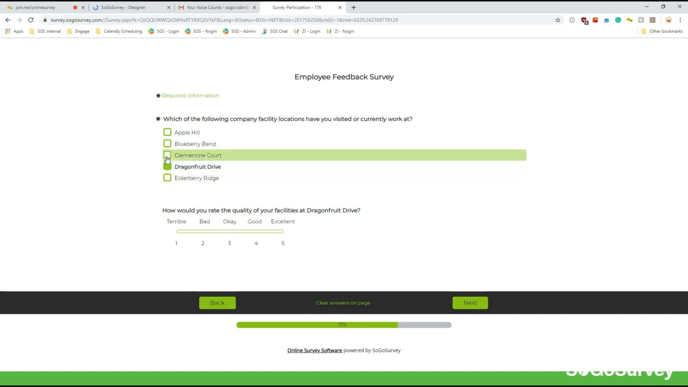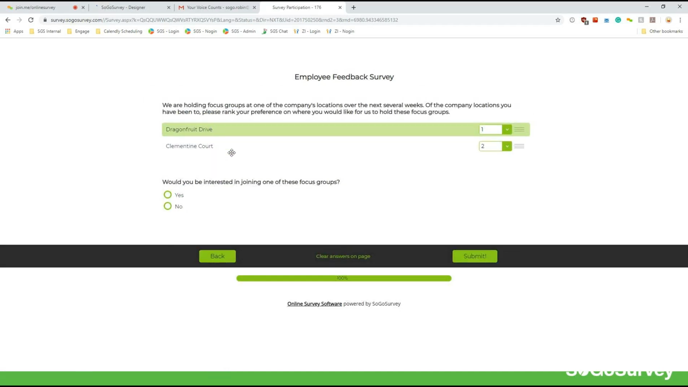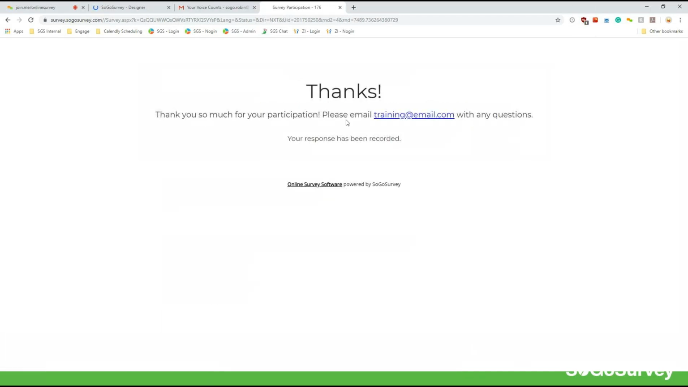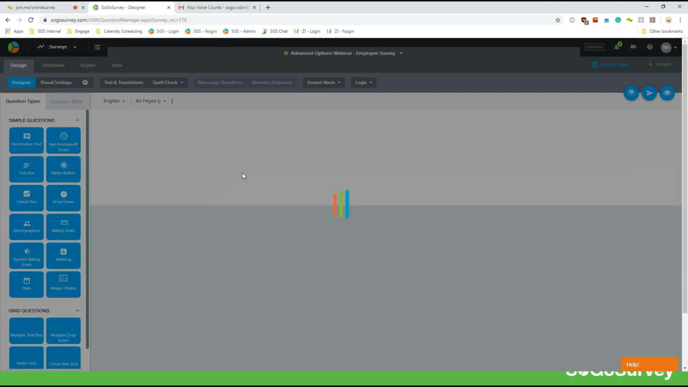Now I can once again select Dragon Fruit Drive, and let's say Clementine Court. And I'll rank this one higher. I'll say I'm interested, and we'll talk about this feature that just popped up right there in a moment. I'm going to select Friday here. Okay, but that is data prepopulation. So with that, let's go back, and we will begin talking about our next feature,